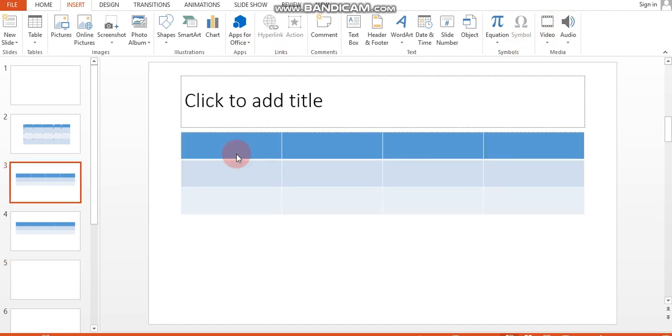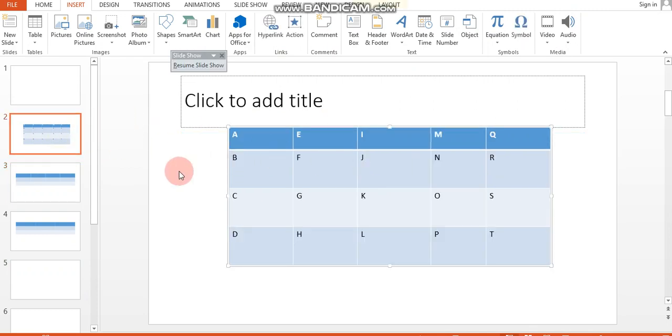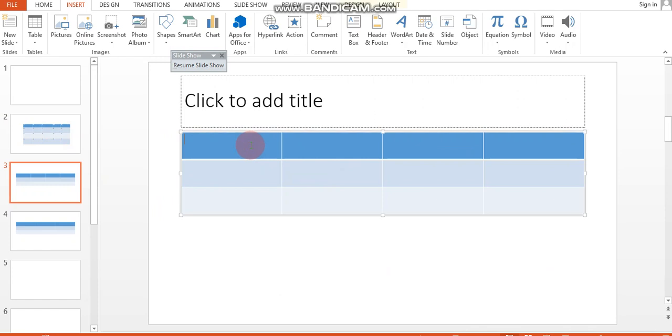Now we will learn how to add data in your table. Like, let's understand here. Suppose you want to make a table for your class. So write down roll number.